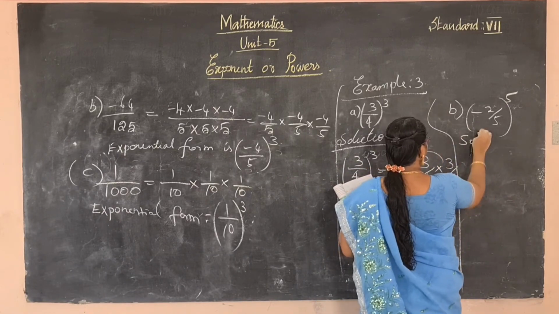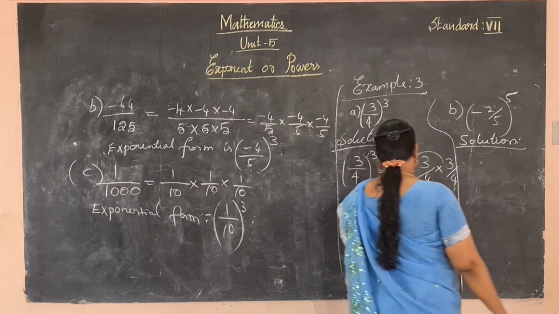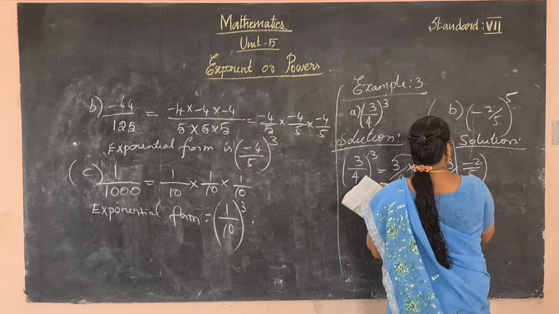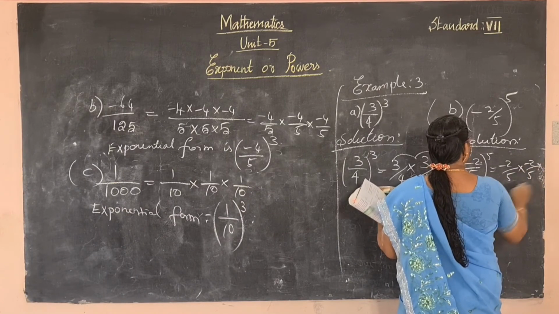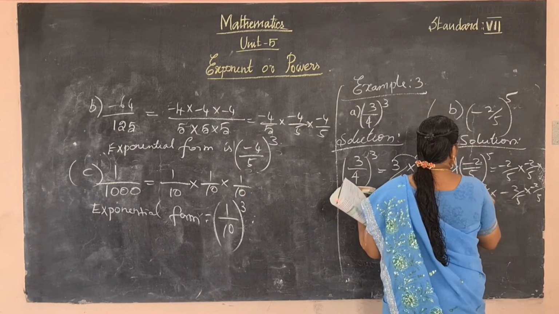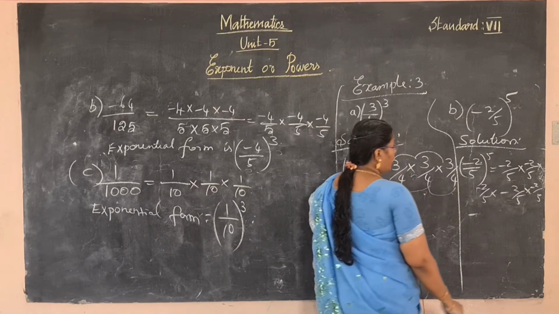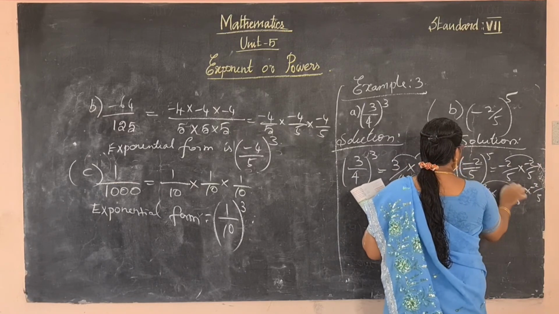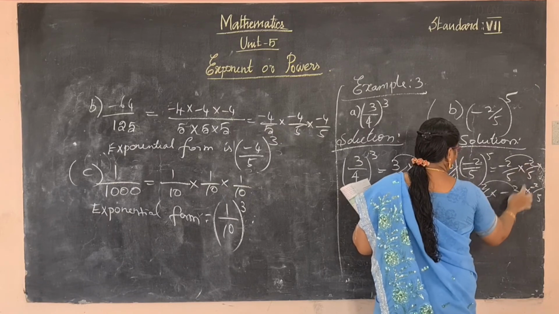Now find out the next one. Here the B value. What is that? Minus 2. It can be written as minus 2 by 5 the whole power of 5, which is minus 2 by 5 into minus 2 by 5 into minus 2 by 5 into minus 2 by 5 into minus 2 by 5. 5 times repeat the rational number minus 2 by 5. Now multiply the numerators. First multiply these two values, next these values. So minus into minus is plus 4, 2 2s are 4, 5 5s are 25.